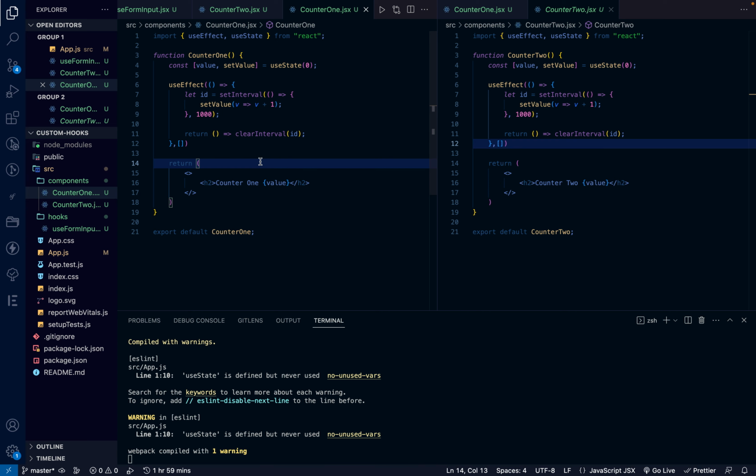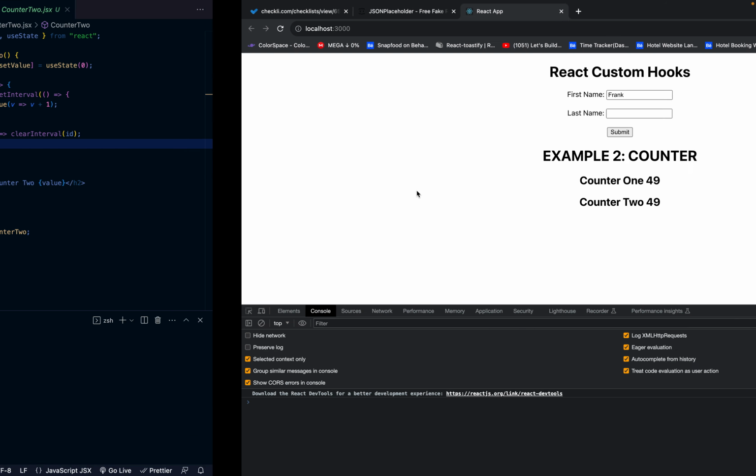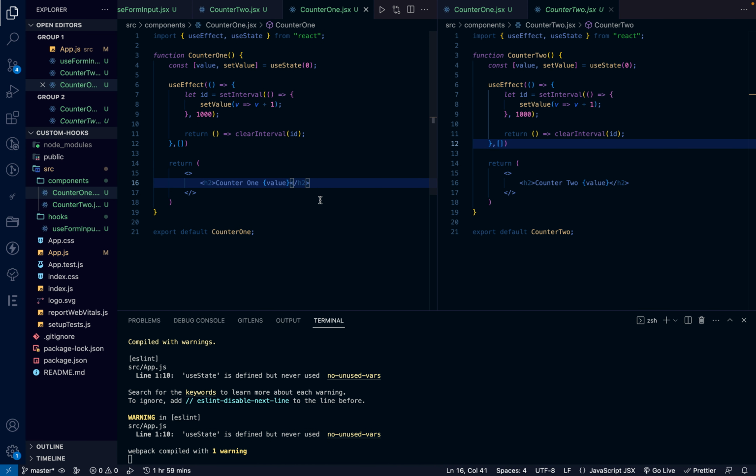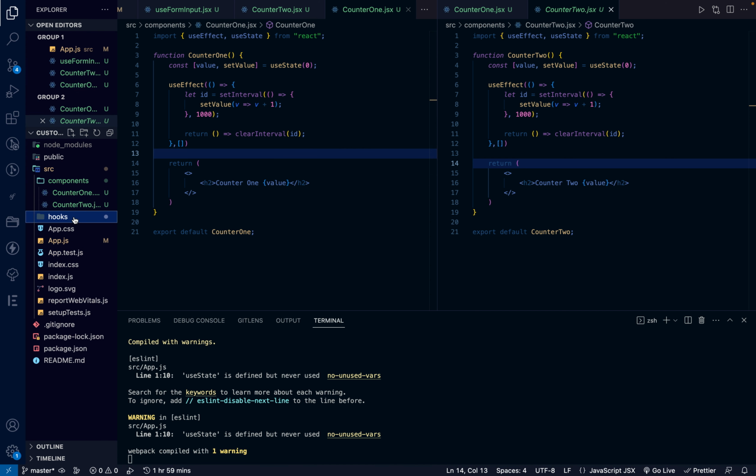Now, in such cases, we can make use of custom hooks to be able to reuse this logic in both components without having any issue. So we are just going to go ahead and see how we can manage the state of our two counters from our custom hook. So we'll create a new custom hook that manages the state of our counters so that we can reuse this logic in both components without having to rewrite the entire thing over and over again. So for that, I'll just move into my hooks directory again and create our use counter